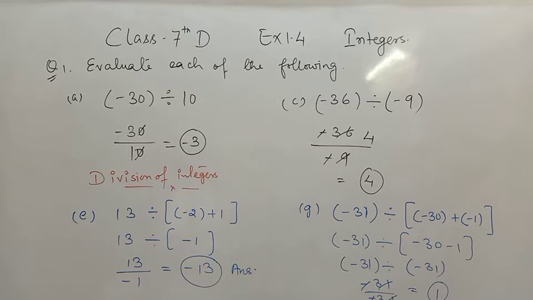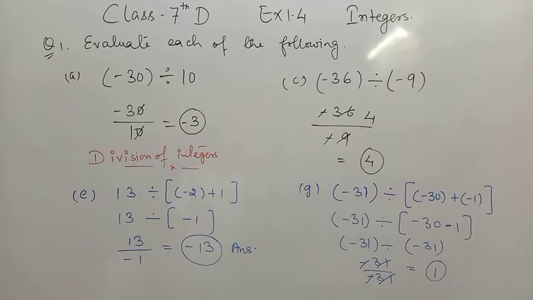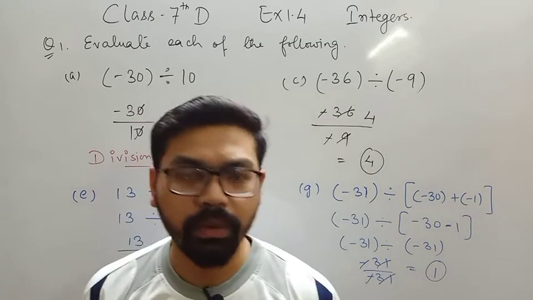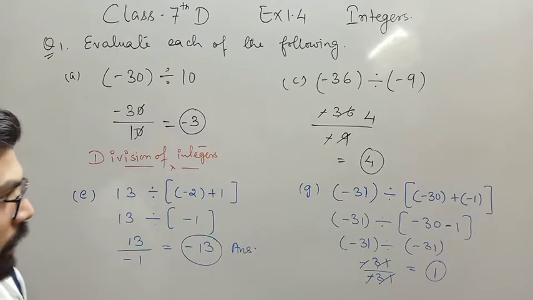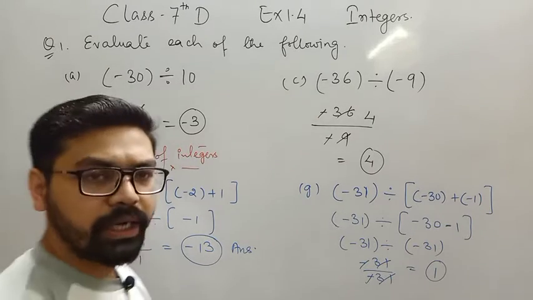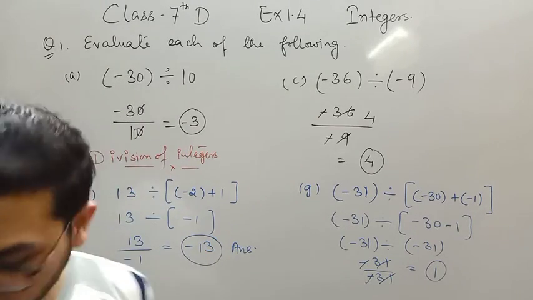The rest of question number 1 is for your homework, and if you have any doubt while solving those parts, you can ask me, no problem. Okay, note it down fast. So these are some examples of division of integers, where integers can be negative or positive. Okay, note it down fast.